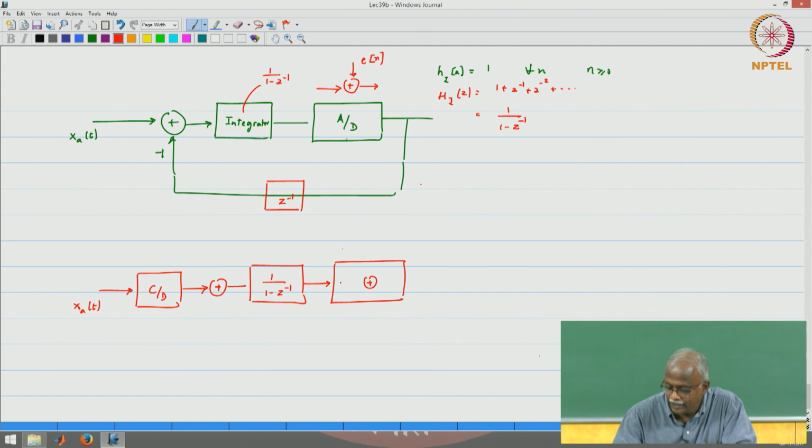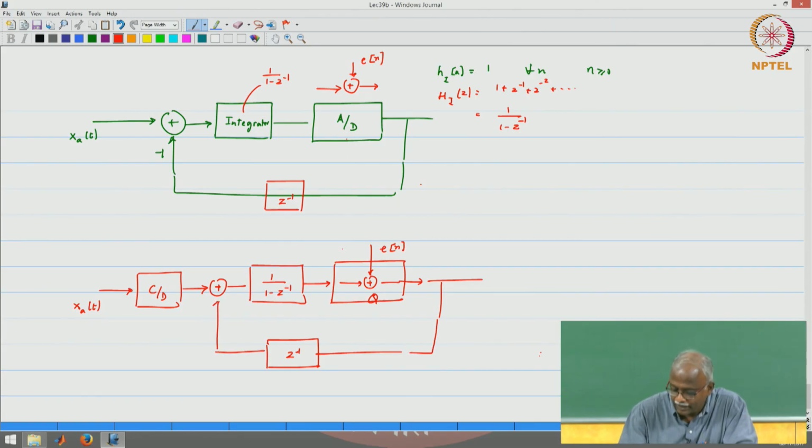I am going to draw the quantizer as the addition of the error signal. I am going to take this input with a delay and subtract it from my output. So, this is the output signal which I want to analyze,